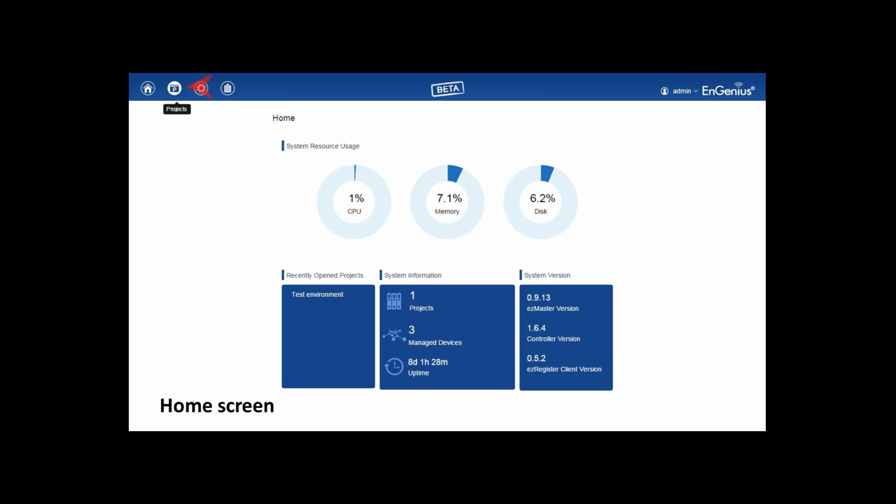And what I can do with ezMaster is I can run my ezMaster in my office, and I can manage the wireless networks of my customer A, B, and C. So in my ezMaster, as I'm looking now on the screen, I can make a few projects. For instance, customer A or customer B and customer C. So going through this interface, just showing you,